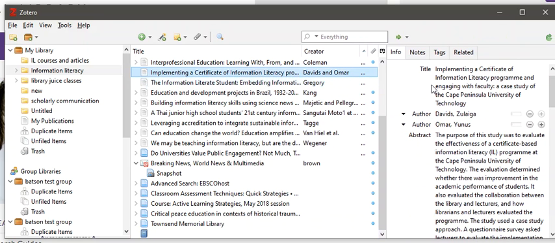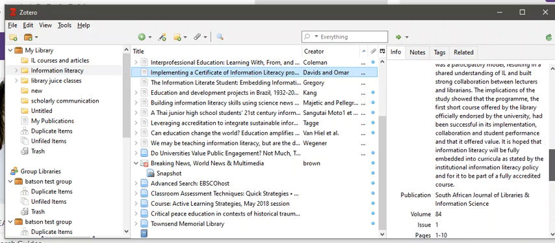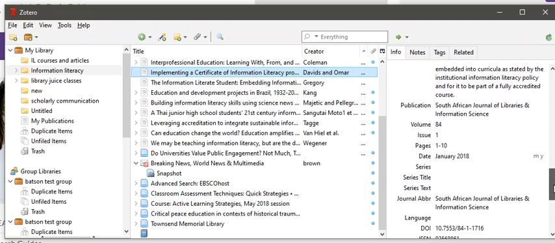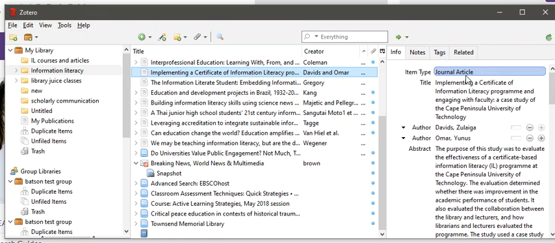When you click on an item, you're going to see the metadata that Zotero has pulled in relating to that article. A lot of times it'll include the abstract, all the information you need for your reference. There are a couple things you want to check. When you pull something in, make sure that it got the item type right. And if you're going to be using APA style, you might want to just change these to sentence case right away. So in APA style, the title of your journal article is going to be in sentence case. If you right click, you can change it from title case to sentence case